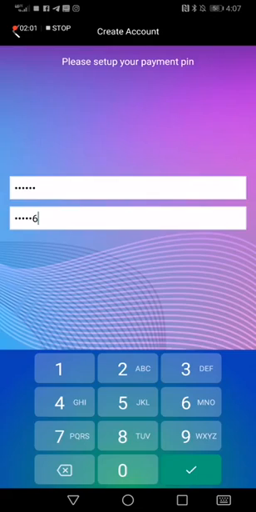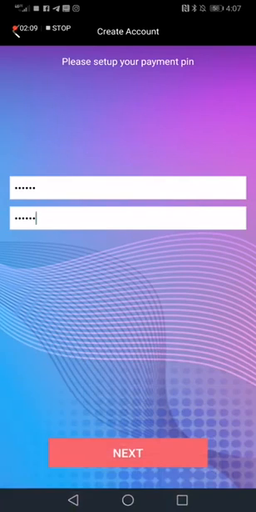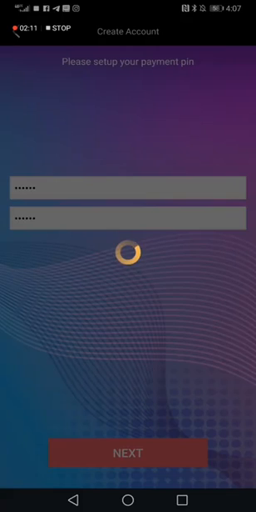Now listen, when you set up your login password, you want it to be complicated, and then write it down. When you set up your payment PIN, it could be any combination of 6 numbers. Write it down. Now it's going to take us to the, wait for it,